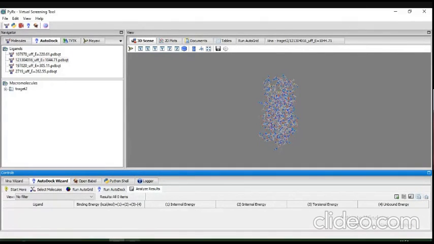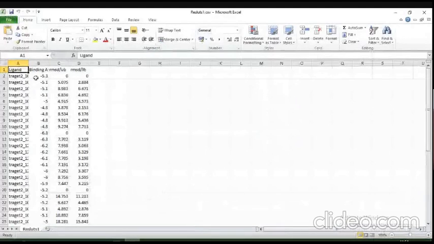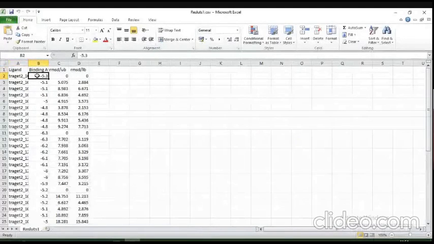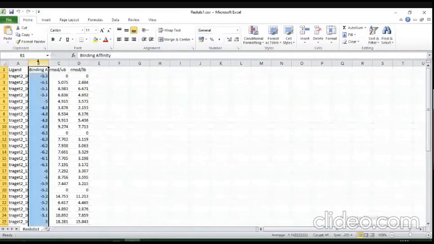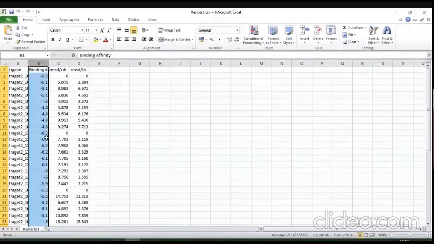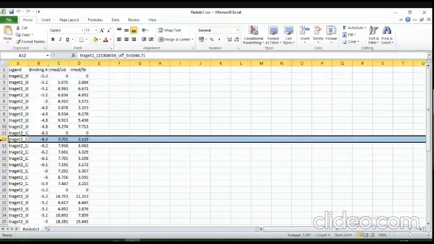See here, the minimum binding energy means the molecule or any complex should be stable, it should hold a minimum binding energy, the energy should be minimized. So we can take whichever is minimum, like minus 6.3, and this particular pose we can screenshot and take.